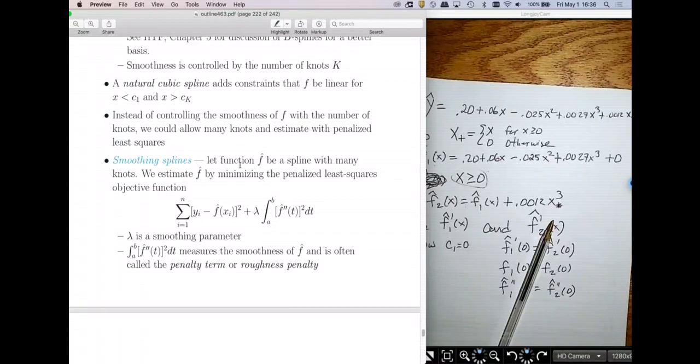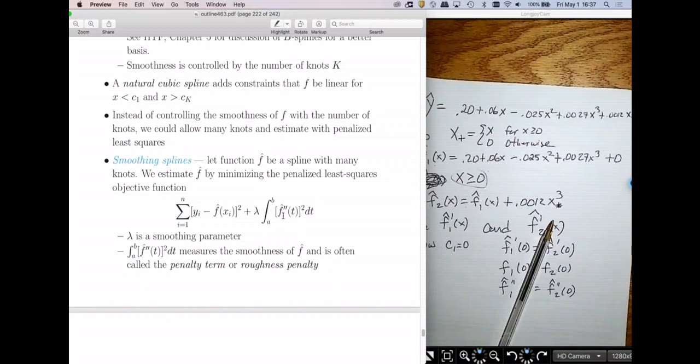A smoothing spline is where you have a lot of knots, enough knots that you're just ready to overfit. You've got so much flexibility in your function that it's going to overfit. But then what we're going to do is moderate how curvaceous that function is with a penalty term. We're going to use penalized least squares, just as we did with ridge regression. This looks a lot like ridge regression or lasso, but ridge and lasso are putting penalties on the